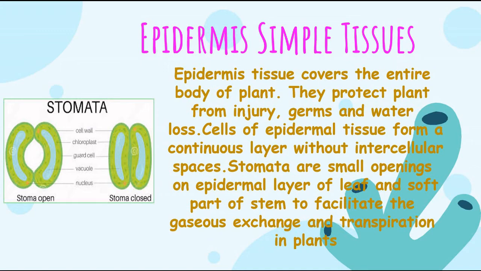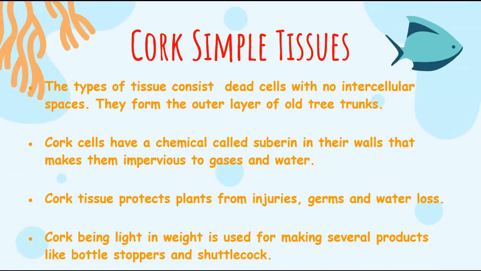I guess you know what's transpiration? For the ones who don't know, transpiration is the process by which the plants lose water. I have said there is also the second type in this protective tissues. The second type is nothing but the cork simple tissues. So let's bring it out into points so that it would be easier for us. Number one, these types of tissue consist of dead cells with no intercellular spaces. They form the outer layer of all tree trunks. Point 2. Cork cells have a chemical called suberin in their walls that make them impervious to gases and